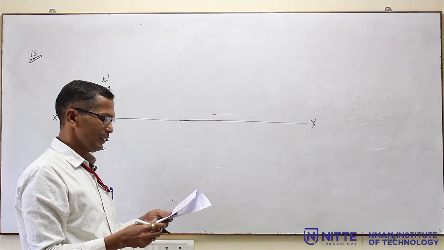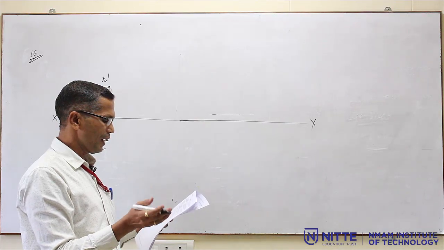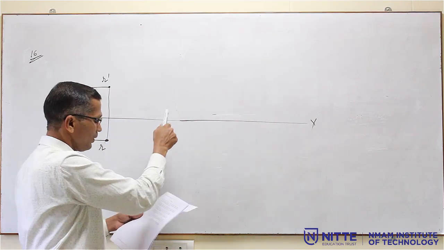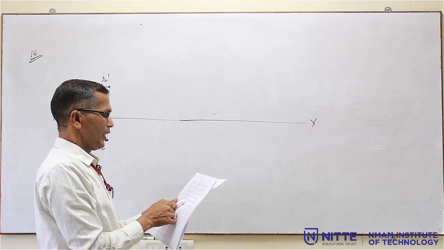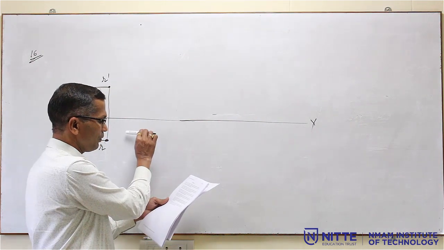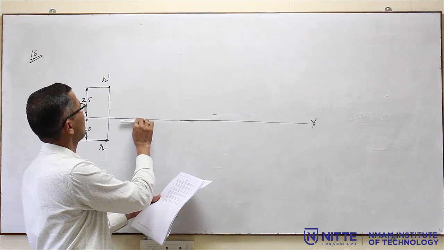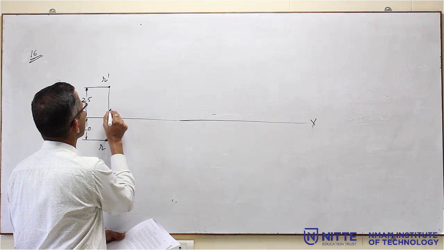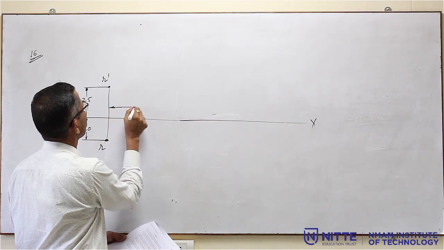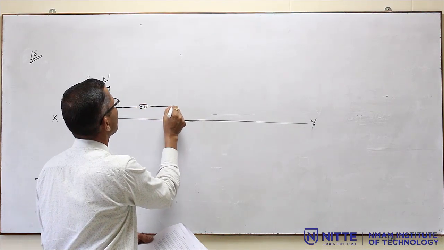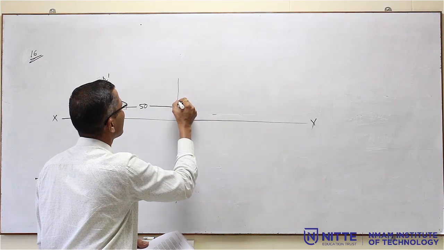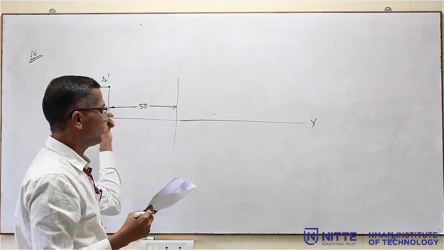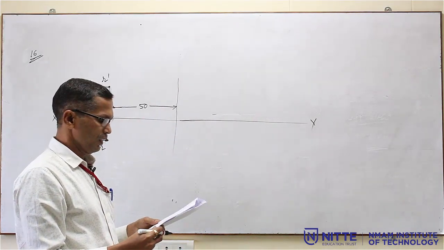So, another point S is on HP and behind VP. So, it is in the second or third quadrant, but where we have to draw? The distance between their projectors measured parallel to the line of intersection of VP HP, that is measured parallel to this, is 50 mm. That means, I have to measure a distance of 50 mm from here. This distance should be 50 mm and I have to drop a line here. In this line, the S and S dash should come. So, that means the distance between the 2 points is 50 mm. So, what is the condition given?